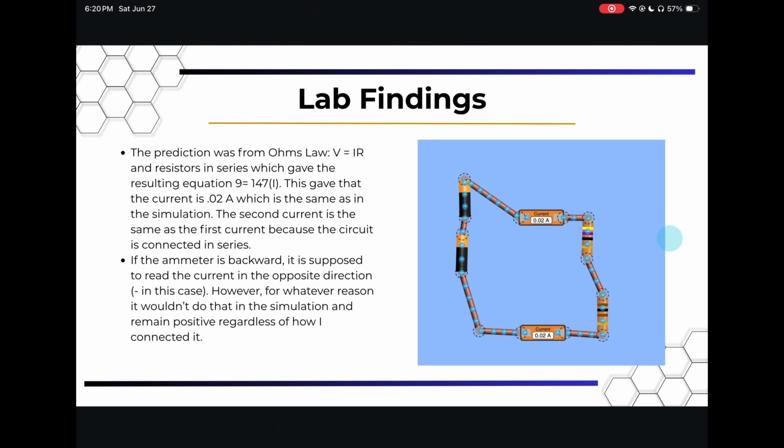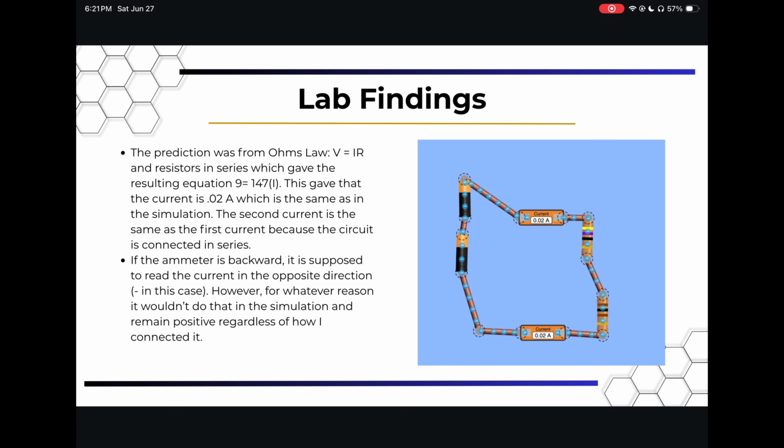So our findings. This was the first circuit that was created, where we had 2 batteries, which equaled a total of 3 volts, and then 2 resistors, which equaled a total of 147 ohms. So please ignore the 9. That's not supposed to be there. That's a 3. So the prediction from Ohm's law is V equals IR, and the resistors in series give us 147 ohms, and the total voltage is actually 3, not 9, and this gave us the current as 0.02 amps,